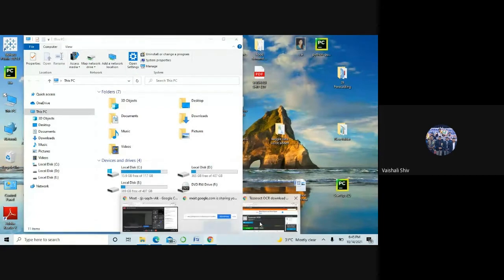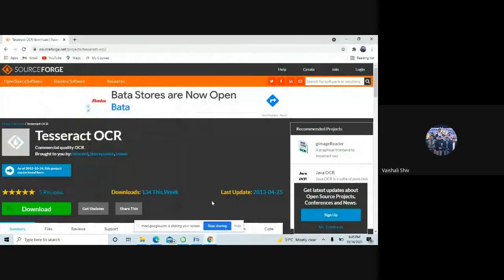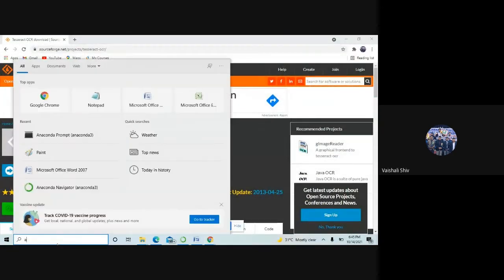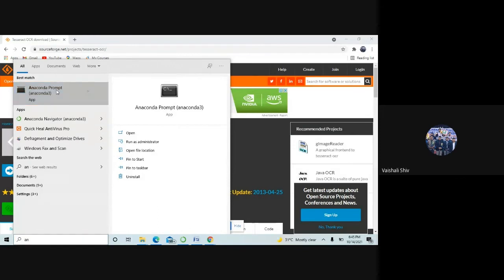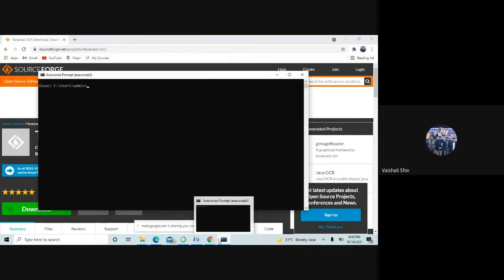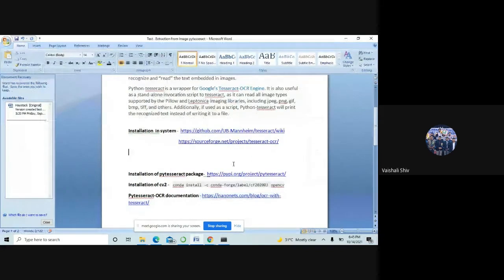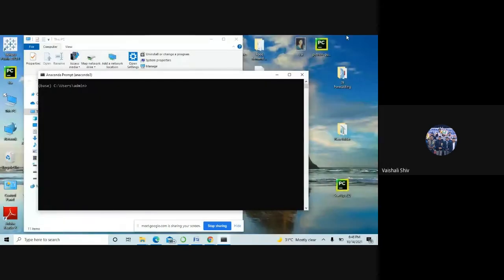Then we are going to go to our Anaconda prompt. We will be using Jupyter Notebook, so we have to go to the Anaconda prompt. And I have shared this thing. The PyTesseract package you have to install. So you can just do pip install, or else you can go to this link.